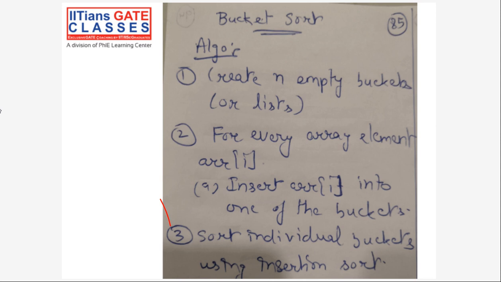Bucket size also. Yeah, bucket size is one case. And can I put the values uniformly? I mean, it should not be like one bucket is too full and the others are empty. So whatever algorithm we use, maybe I am putting the values randomly, or maybe using, you remember hashing, right? Maybe some hash function I can use to put the values in the buckets. So what I want is the values should go into the buckets uniformly. Okay, uniform distribution should be there. That is the only important point.